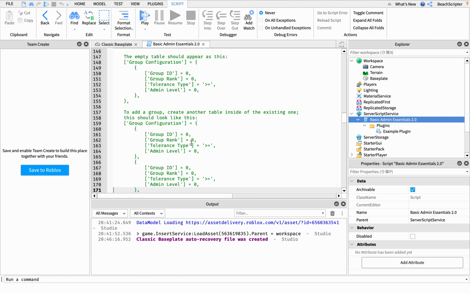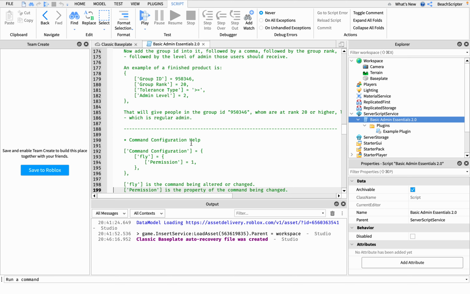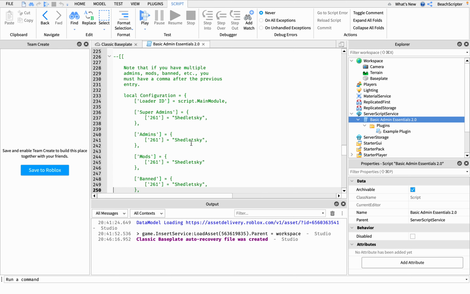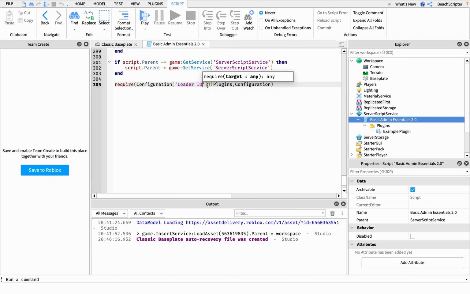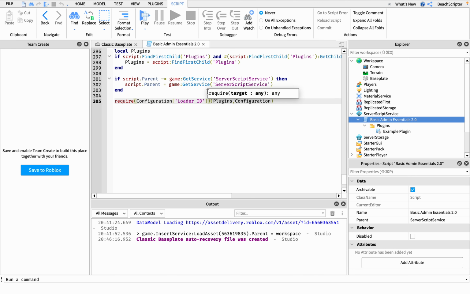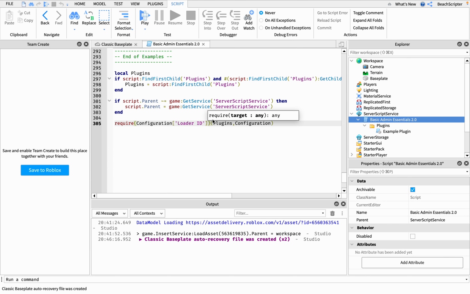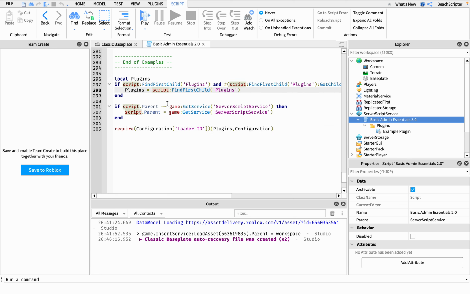But there is one more thing on the bottom I want to show you guys. So I did receive a comment on one of my videos explaining that you don't need to enter script.mainModule down here, which I didn't know. But I'm still not 100% sure of. But we might try it later in the series just to see if that really is true. And so now that we've gone over all of this,